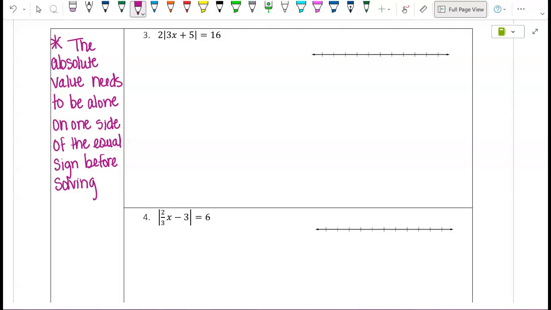So I can't start splitting it out into its two equations until I have just the absolute value part by